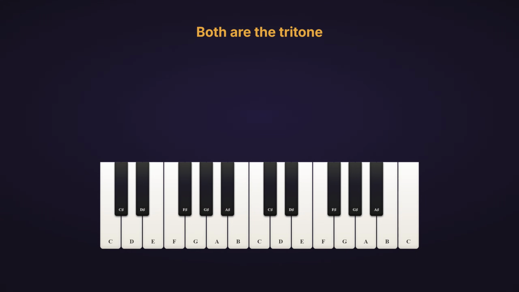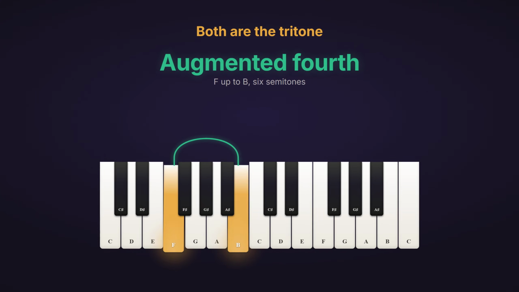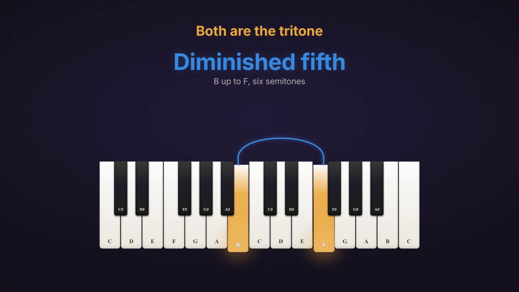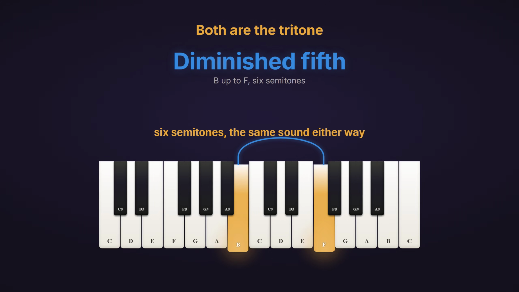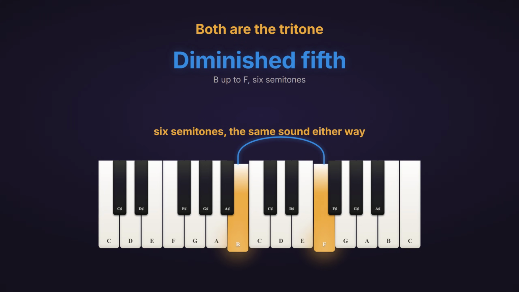Take the classic pair and play it slowly. From F up to B is an augmented fourth. Listen. From B up to F is a diminished fifth. Listen again. Both of them span 6 semitones, count them and you will get 6 every time. Both of them are the tritones sitting dead in the middle of the octave, and to your ear they are identical, the same uneasy clang with no home. If sound were the only thing that mattered, one name would do the job and we could throw the other